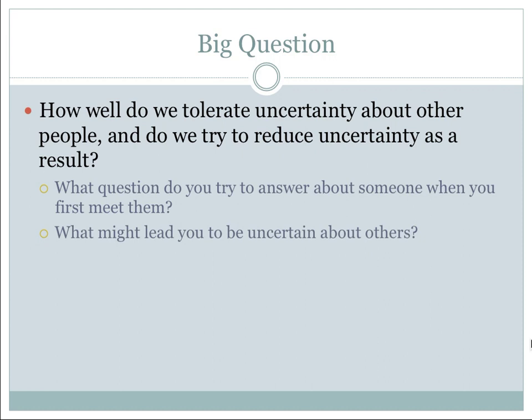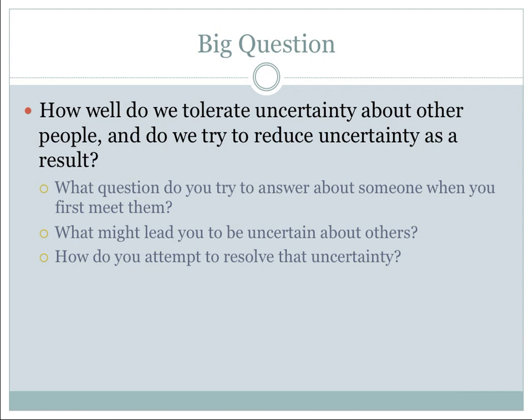Some additional questions that we might think about in this process is what might lead us to be uncertain about others in the first place? And so, what might we try and become more certain about? Along with that, how do we attempt to resolve that uncertainty? Certainly, the first questions that I posed related to the first bullet there about questions we try and resolve to begin with. But we have to think about this in terms of a cycle,